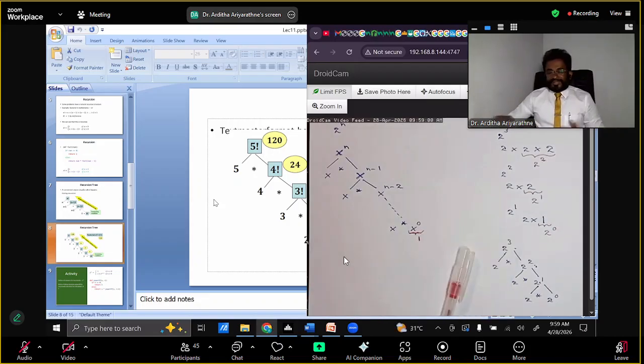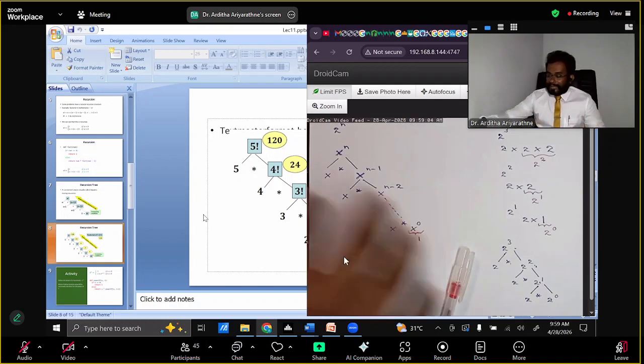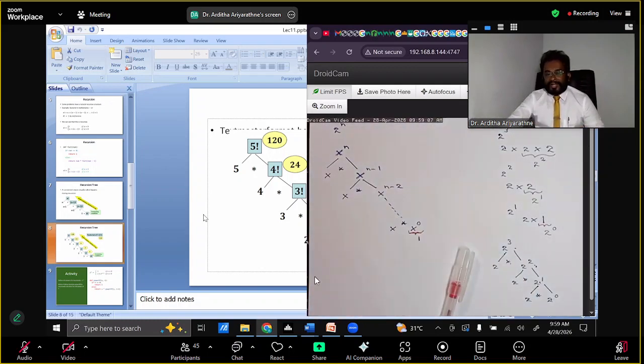Now students, please tell me, have you understood the required background that I have explained for you? Is it clear? To do this activity, I have explained the background. Okay, all of you got the understanding. Perfect. Now students, what you should do is prepare a Python program to get this power